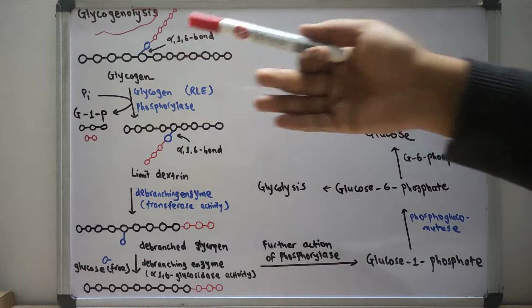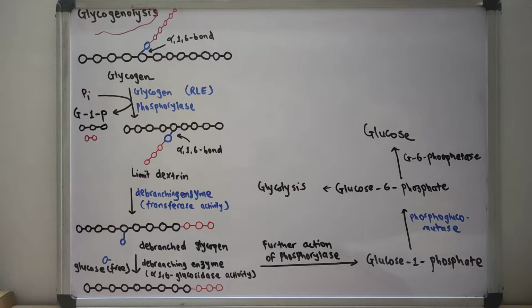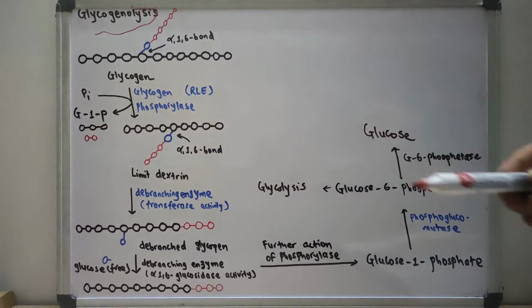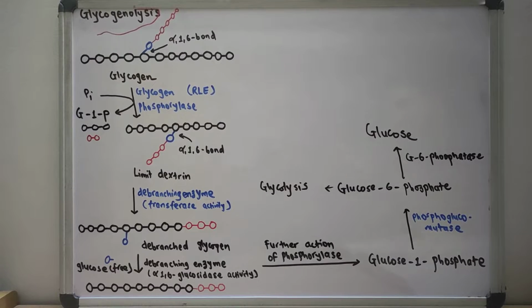As you know, the glycogen is a branched structure. There are various steps in the glycogenolysis. First I will discuss in brief, and then I will discuss the detailed steps of the glycogenolysis. First of all, we have the glycogen molecule that has alpha 1,6 glycosidic bonds, and upon action of the enzyme glycogen phosphorylase, which is also the rate limiting enzyme,